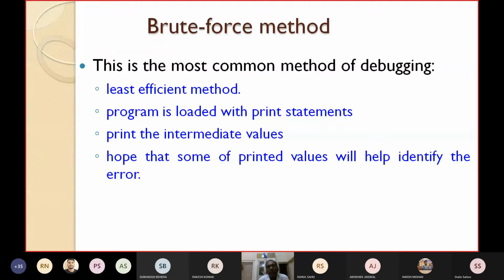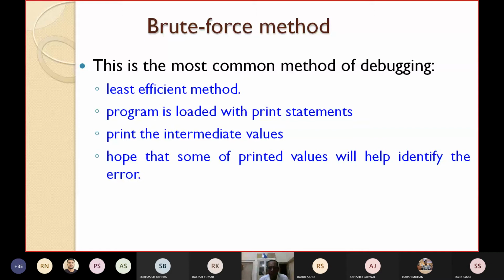Because if you have only a printf statement at the end and you are not getting the correct result, it is very difficult to locate where the error is. But if you periodically write printf statements to print intermediate values after every 2-3 lines, you can easily identify that the error must be in those previous 2-3 statements.